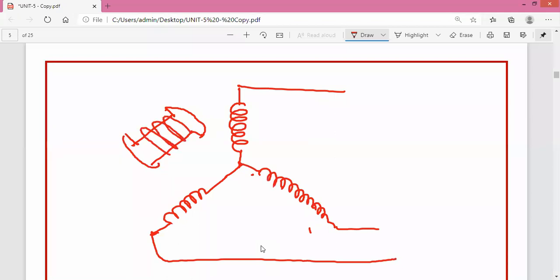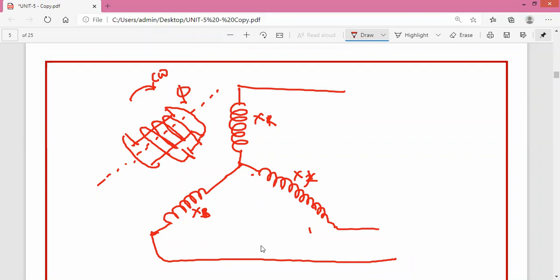Field winding is wound on the rotor and given a constant DC excitation, which in turn produces the flux phi. Let us take this is rotating in a clockwise direction. Then this is the reactance of phase 1, phase 2, or phase 3, or the R, Y, B phases. You can say it as R phase, Y phase, B phase.